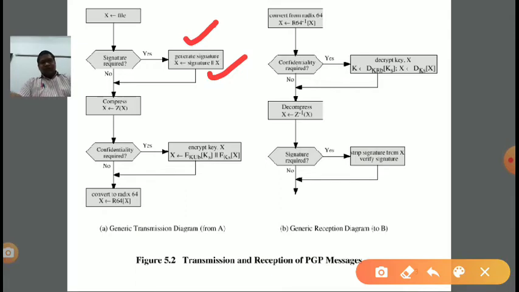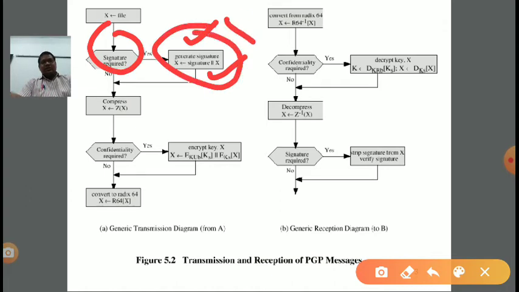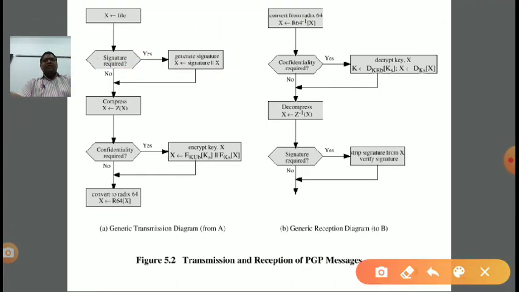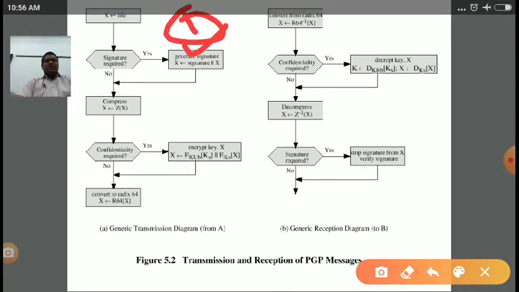Now see, if digital signature is not provided, this step can be skipped. But suppose we want to ensure the authenticity, we want to ensure the message is not modified, integrity need to ensure, or we want to digitally sign the file, then digital signature is very important. The first step, that is digital signature, has been done.